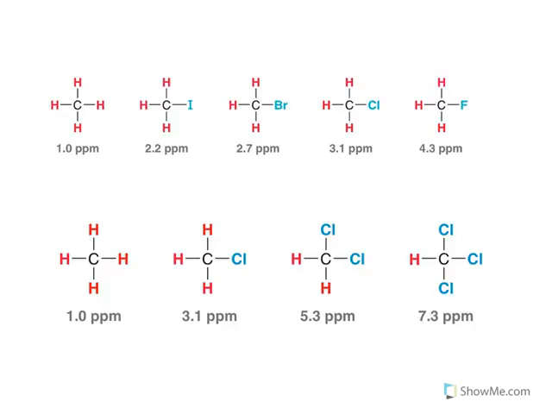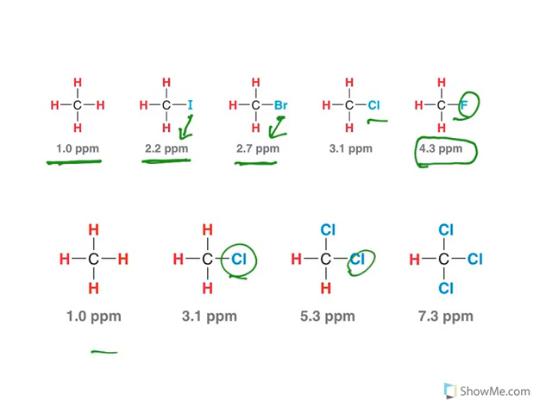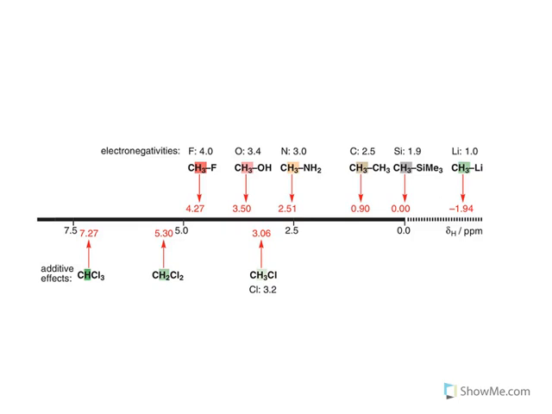A little bit of elaboration. Look at this. See, only methane, 1 ppm. Iodine, what is this? An electron withdrawing group. So what happens? It moves away from TMS. Bromine, even more electron withdrawing, it moves further away. So the moment you keep on increasing electron withdrawing groups, you place an electron withdrawing atom, the signal moves away from TMS. So this is a simple principle. The same thing: you increase the number of electronegative atoms, what happens? The signal is moving away and away from TMS. Just keep this in mind.